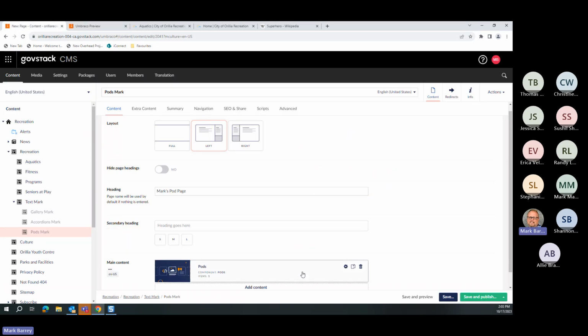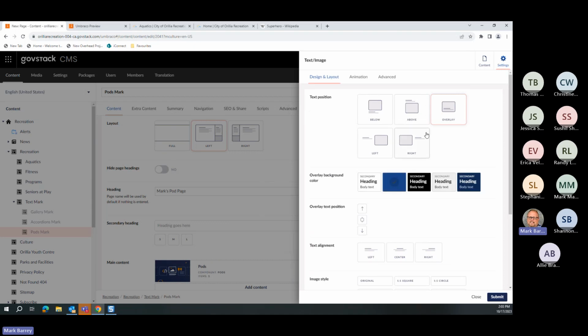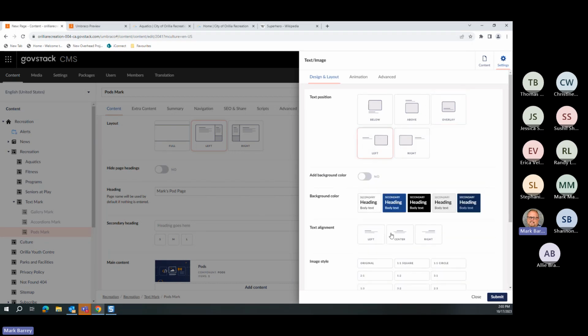but we can do that with our settings, the text and image. Once again, I can turn that off and I can say, well, but let's put everything off to the left. Okay, and even if I decide to put the blue back on, if I put it up to the left,